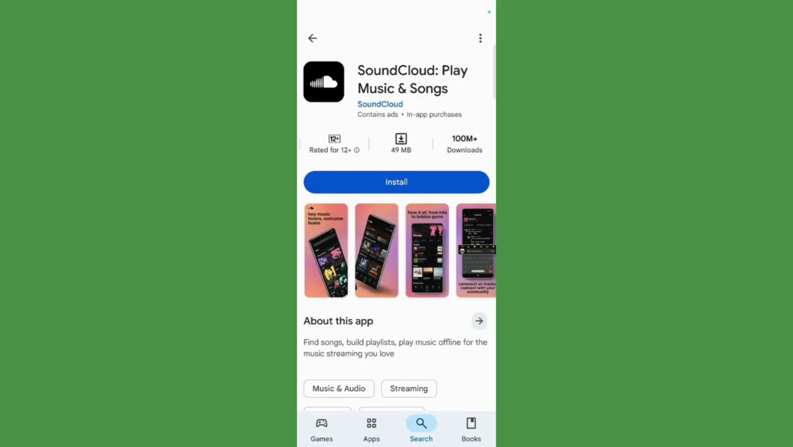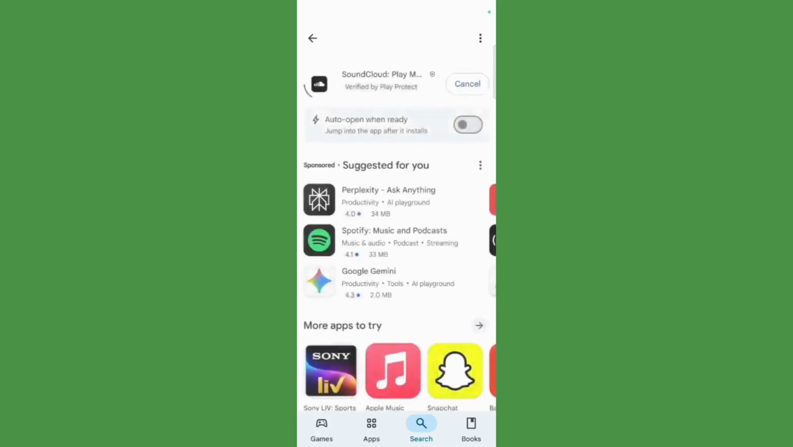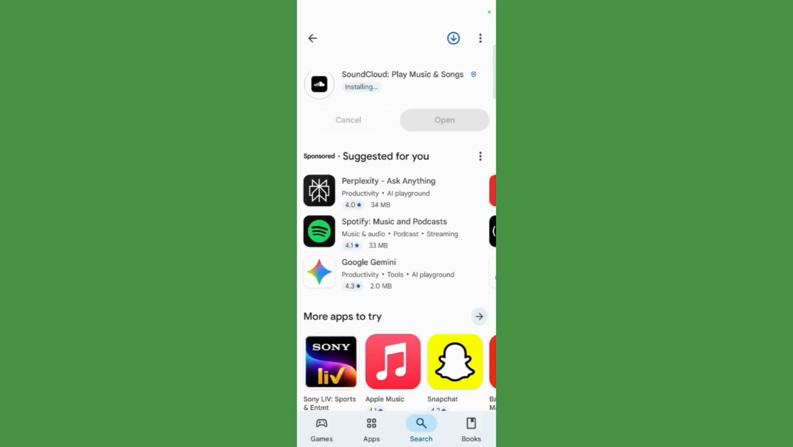So now in order to install this in your Android device, simply click onto this install button and wait for the application to get installed and also downloaded in your mobile device. Now once it downloads, it will install, and once it is ready to open, you can simply click onto this open button and now you can see that